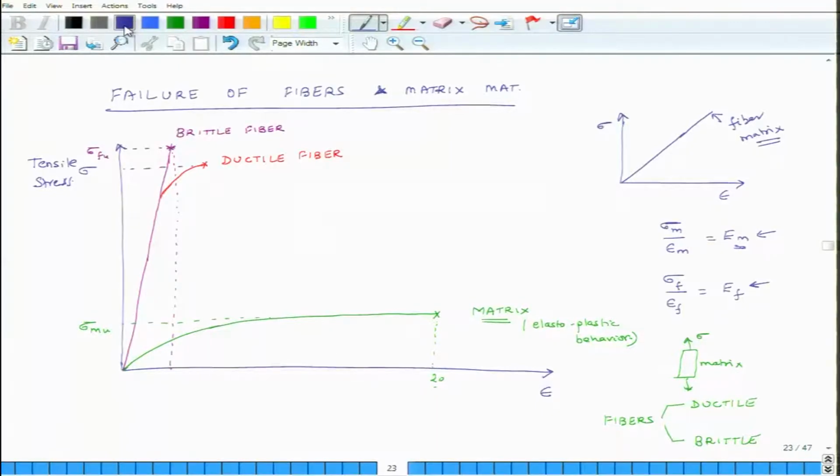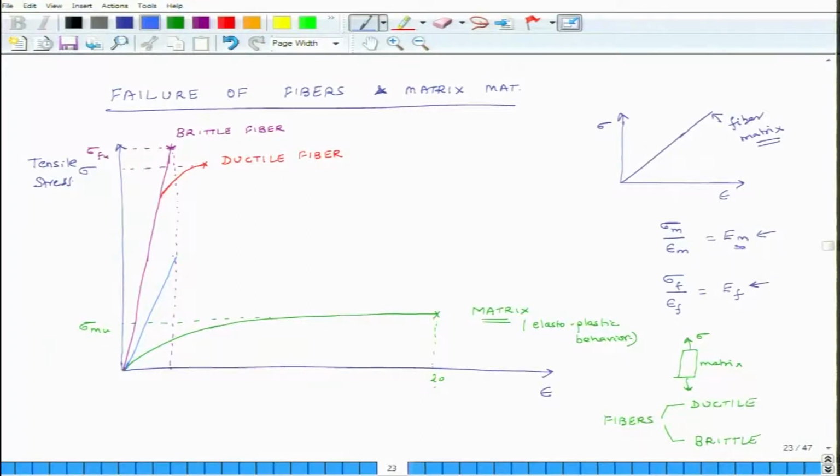Now, what happens to a composite? First I will just plot a graph, and maybe later we will start discussing the mathematics of how composites fail. So, suppose you have a composite which has a moderate amount of fiber, let us say 50%. What will it do? How it fails will depend on whether it has a brittle fiber or a ductile fiber. So, if it has a brittle fiber, what happens? Initially the composite, if it has a brittle fiber, once the fiber